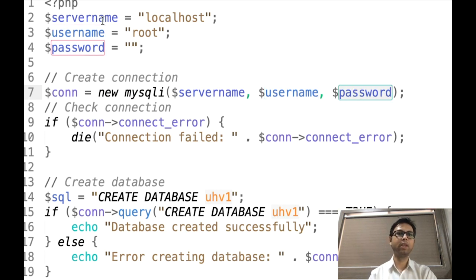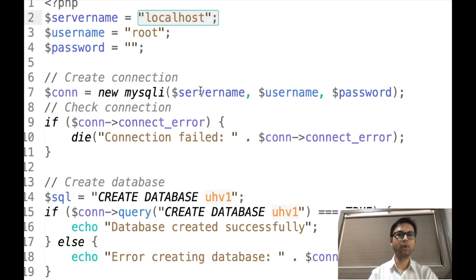Now in our case, our database is also on localhost. That is why server name is localhost, and these all 3 arguments I have declared as variables over here. So over here I am directly writing the variable name. If you do not want to do this, you can utilize direct string values over here. But it is generally the convention to write down the variable names.